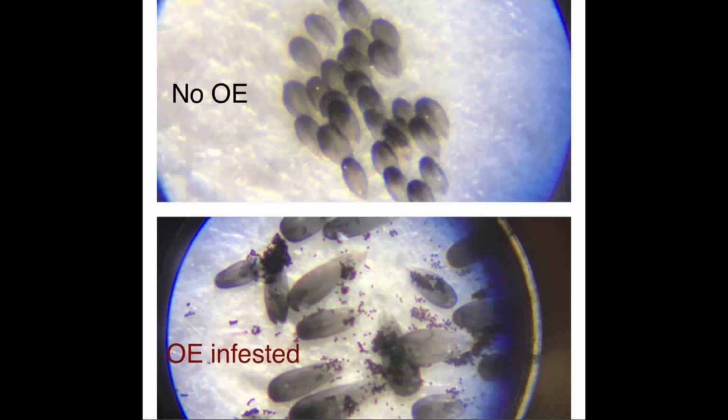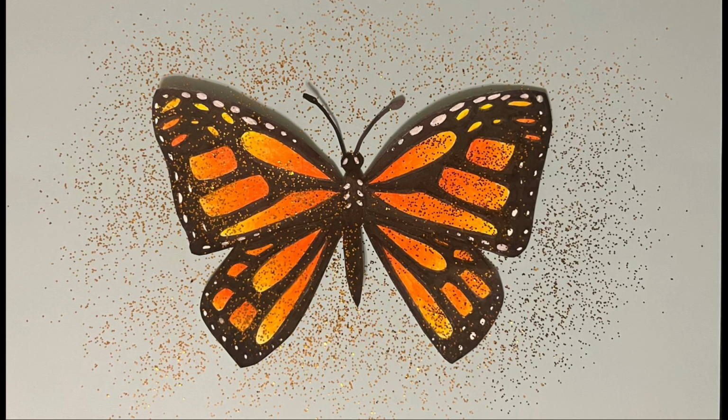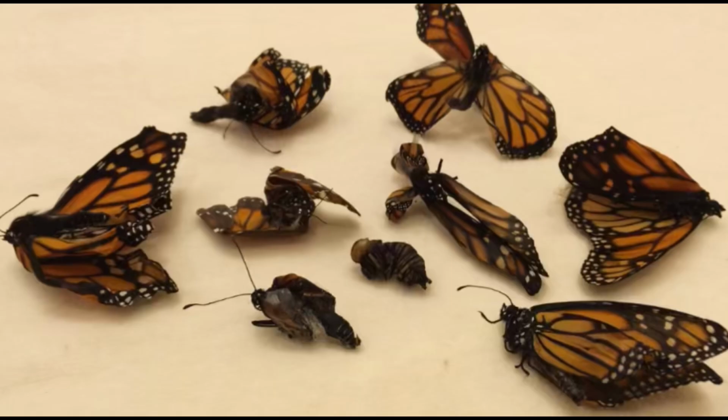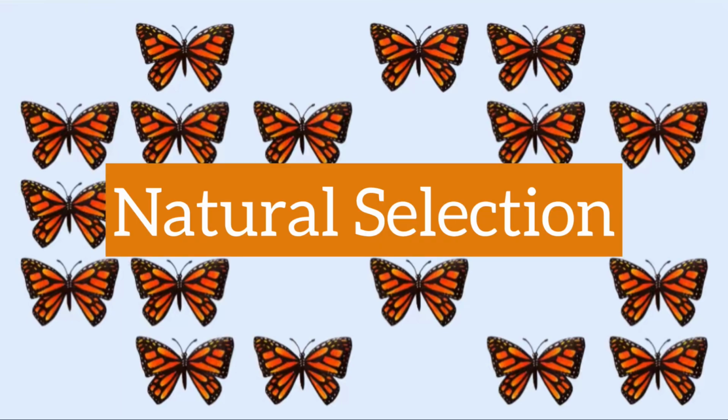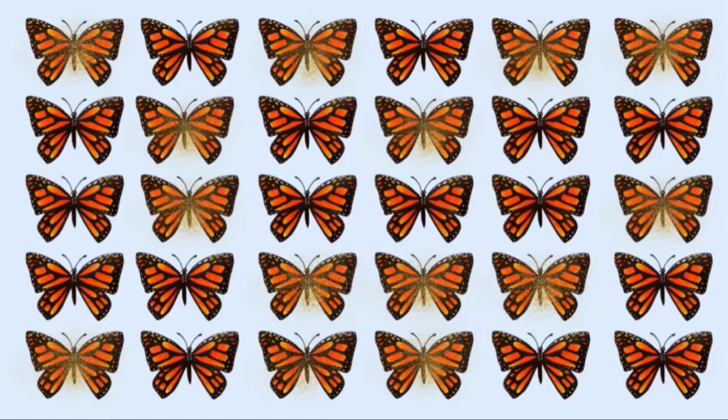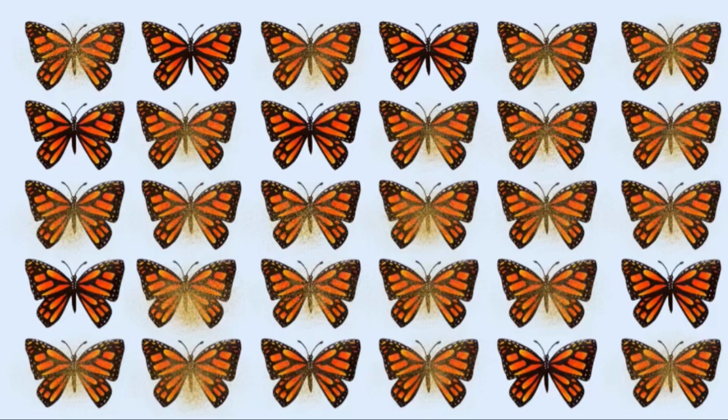OE spores can also be seen under the microscope, allowing us to discern between healthy and unhealthy individuals. An infected monarch can shed millions of spores everywhere it lands, making the disease highly contagious. In the past, infected monarchs couldn't survive the long migration to Mexico, which meant that natural selection kept the disease at bay. But now, OE infection rates are rising at a rate of over 70%, and this phenomenon is surprisingly